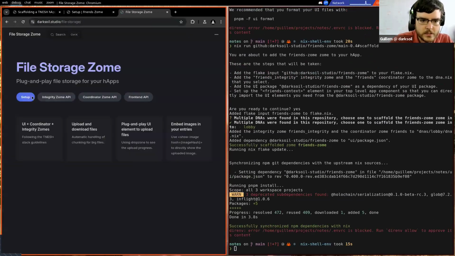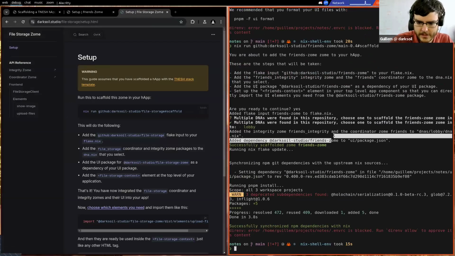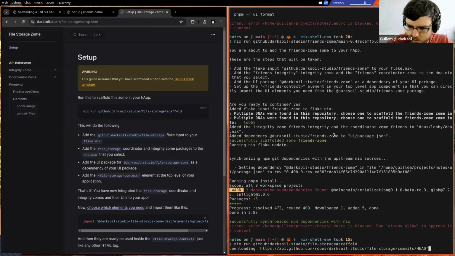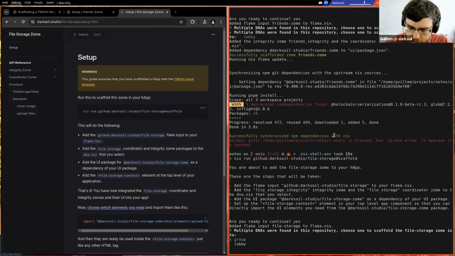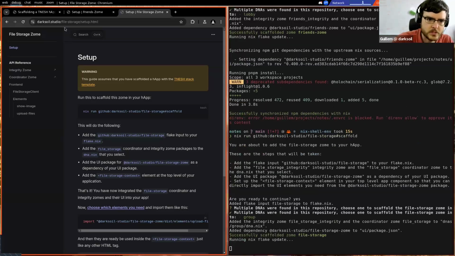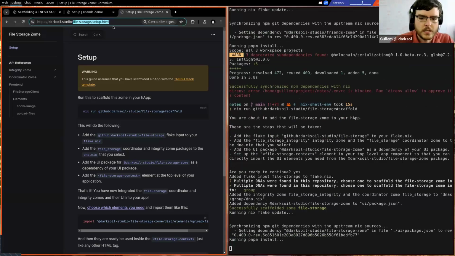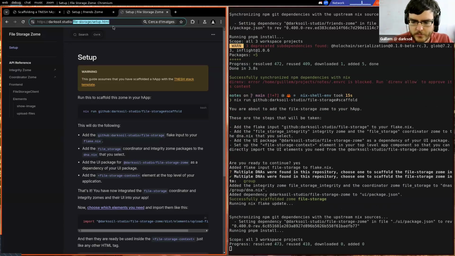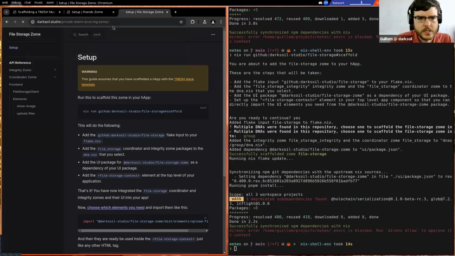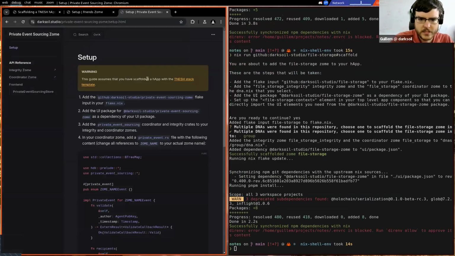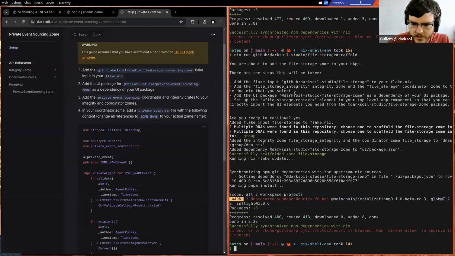So file storage setup like this. File storage, awesome. And this is actually going to be inside the group because the images for the nodes are going to be stored inside each of the groups. Cool. And now I think we are on to private event sourcing, and private event sourcing, it's a little bit